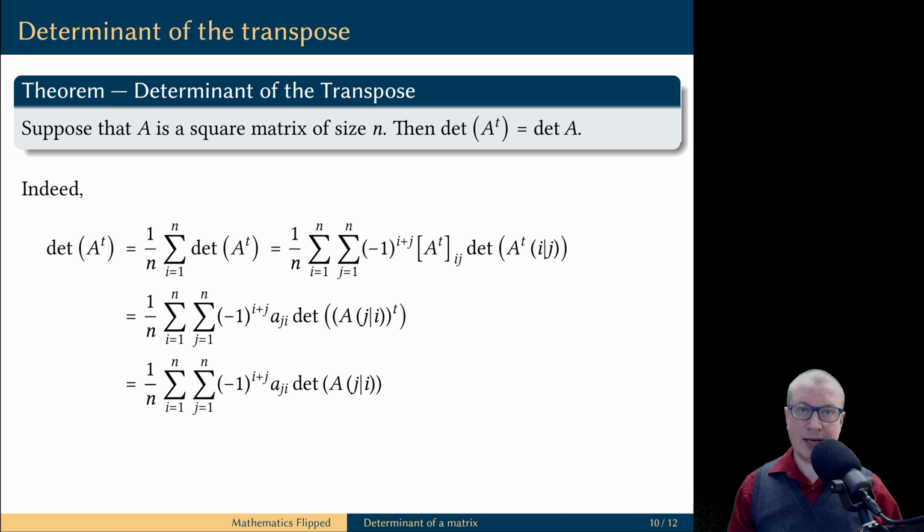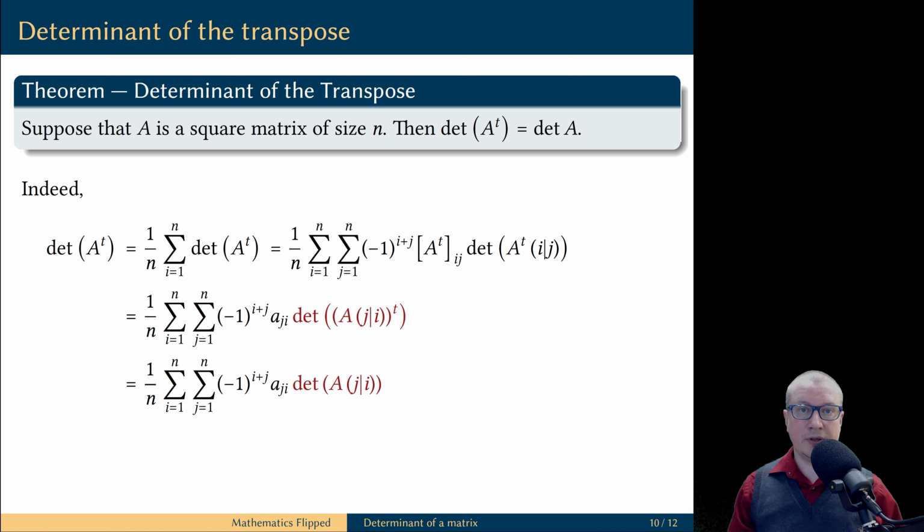And now comes an advanced proof technique called mathematical induction. We defined the determinant of matrices of size n in terms of determinants of matrices of a smaller size, n-1. And this whole proof is based on induction on the size of the matrix A. Here is the essence of this method. We can assume that what we want to prove is true for matrices of size n-1. Namely, we are assuming that if you take the transpose of a matrix of size n-1, then the determinant does not change. This is the assumption we are now using in this step of the computation.